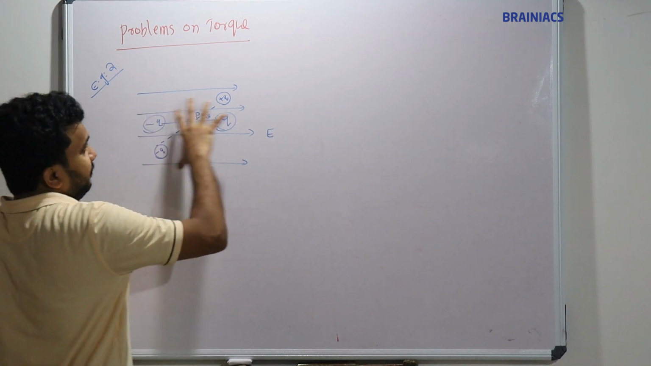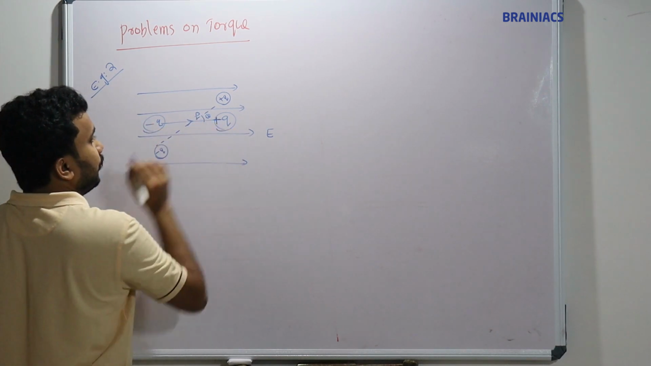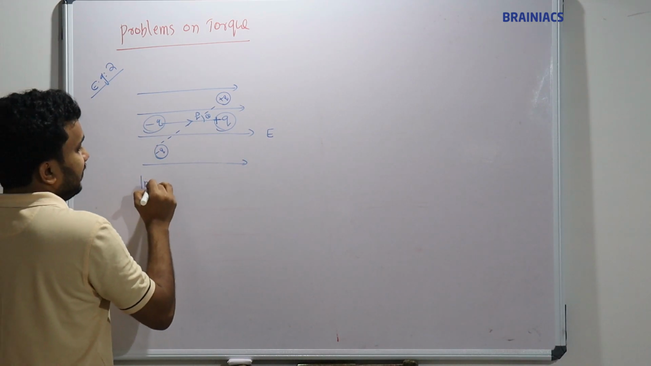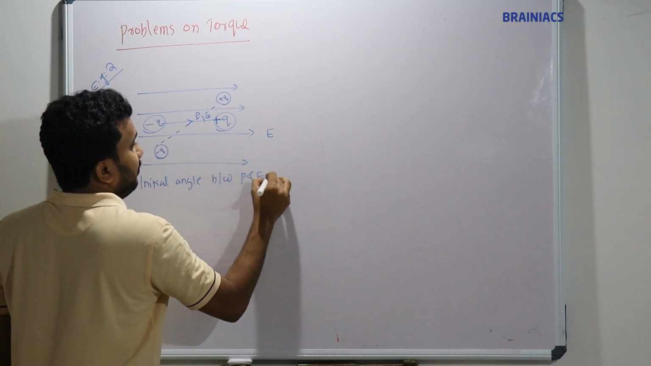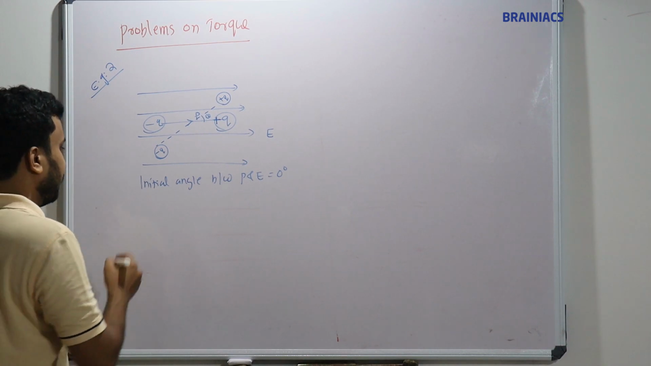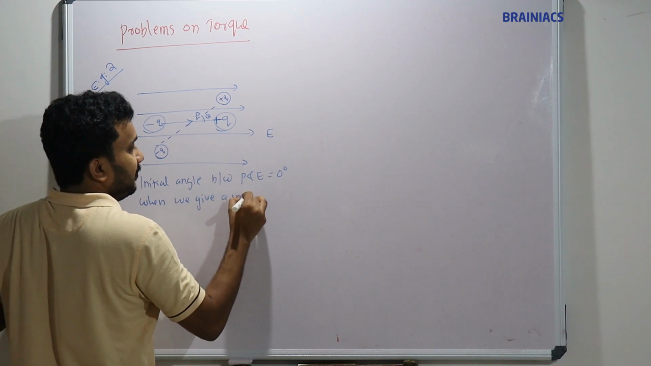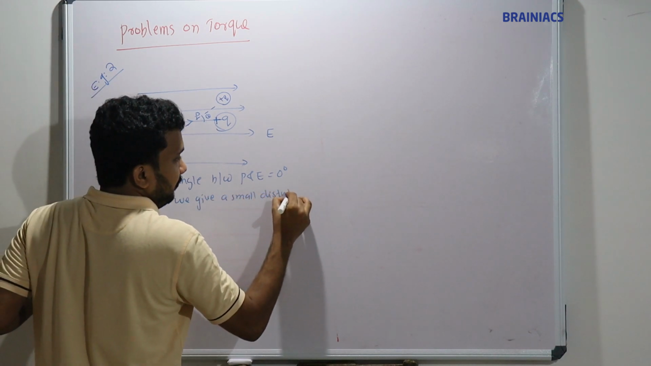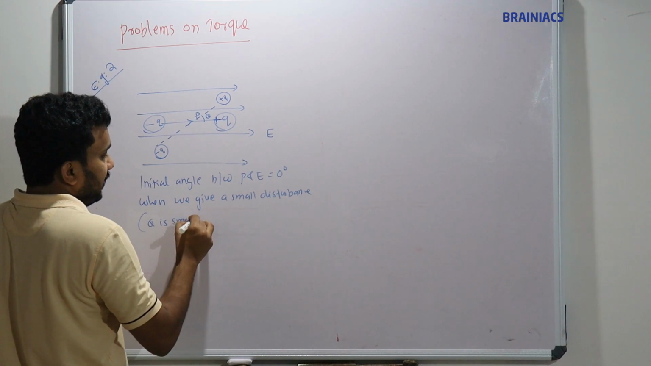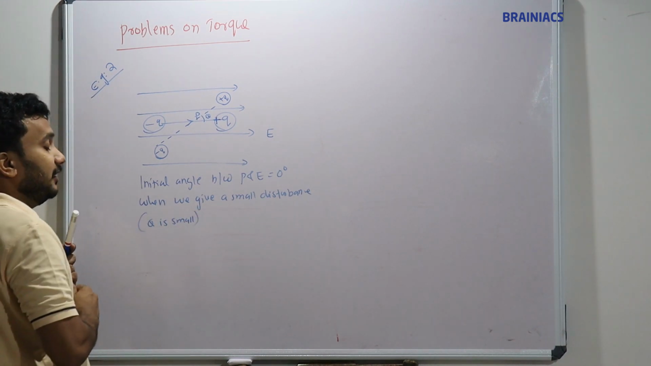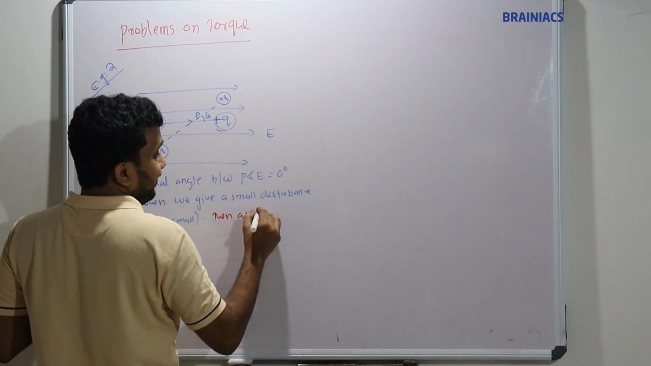Let's see the question. In the electric field, a dipole is placed like this, minus q here and plus q here. The initial angle between P and E is equal to 0 degree. When we give a small disturbance, theta is small. If theta is small, then the main highlight of the question is: at what time period